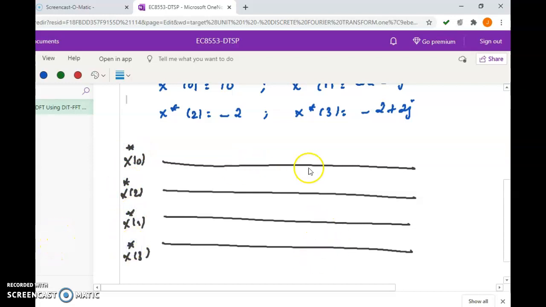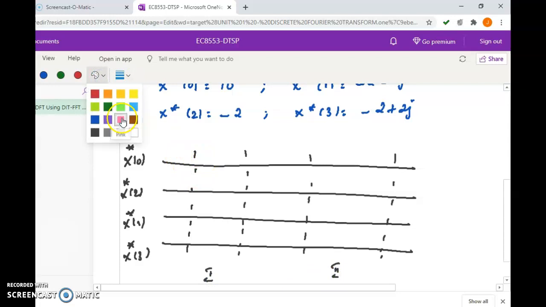Then the 4 sequences mean 2 stages. First you have to split up, which makes the formulas easy to understand. This one represents the first stage and this one is the second stage. Then you have to connect the lines. Before that you have to do the alphabet order. First take 2 points, A B, A B, and in the second stage represent A1, A2, B1, B2.